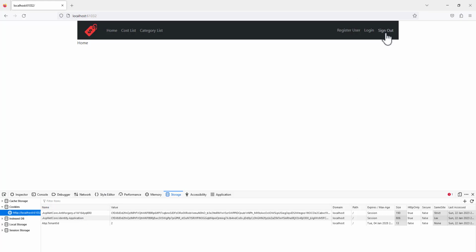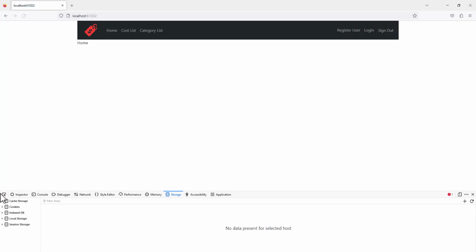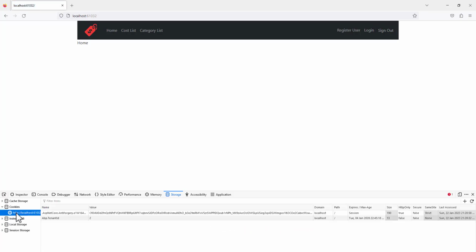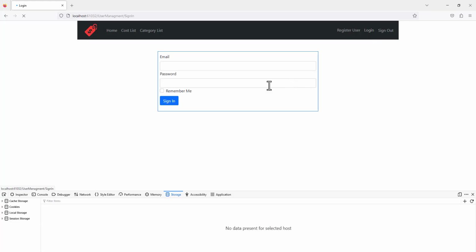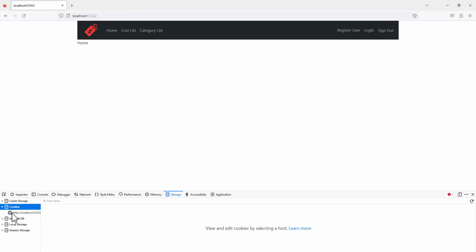And it seems I log in successfully. Next, I'm trying to sign out from the web application. And again, I check the cookies. And you can see I don't have that identity cookies anymore. Also, I'm trying to check the RememberMe buttons and persistent cookies. First, I'm trying to log in again without marking this option. And you can see I have